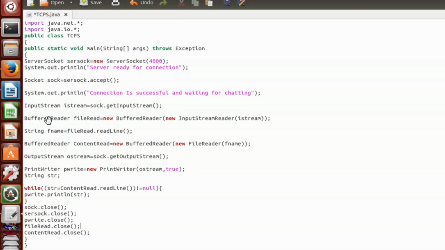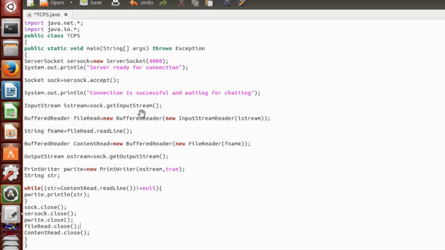I am storing it in this buffer, and in the next line, what am I doing? I just put whatever I have stored in the buffer into fname. I'm naming it as a string, so I'll just put it in string format into fname. Clear? So the same way, these lines we have already discussed in detail during the client execution, right?